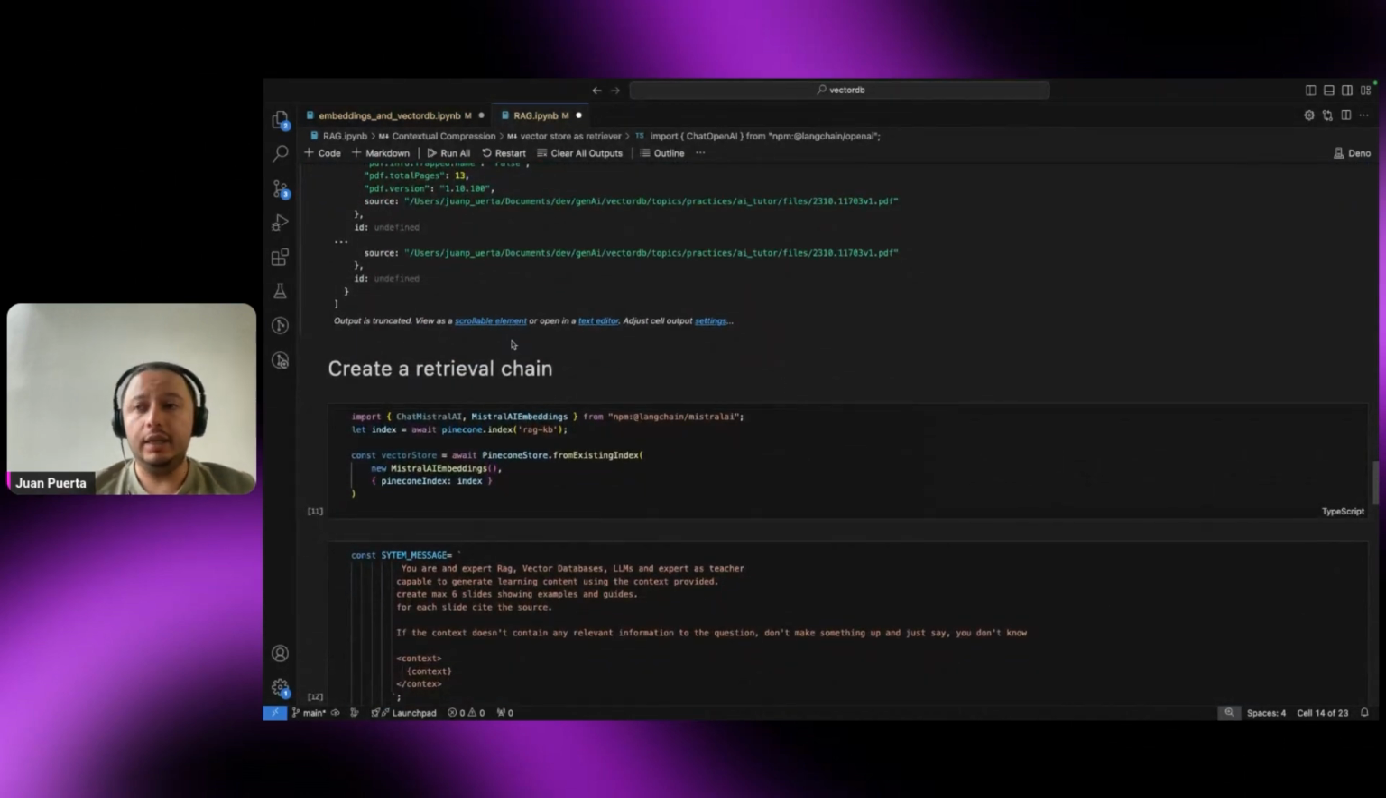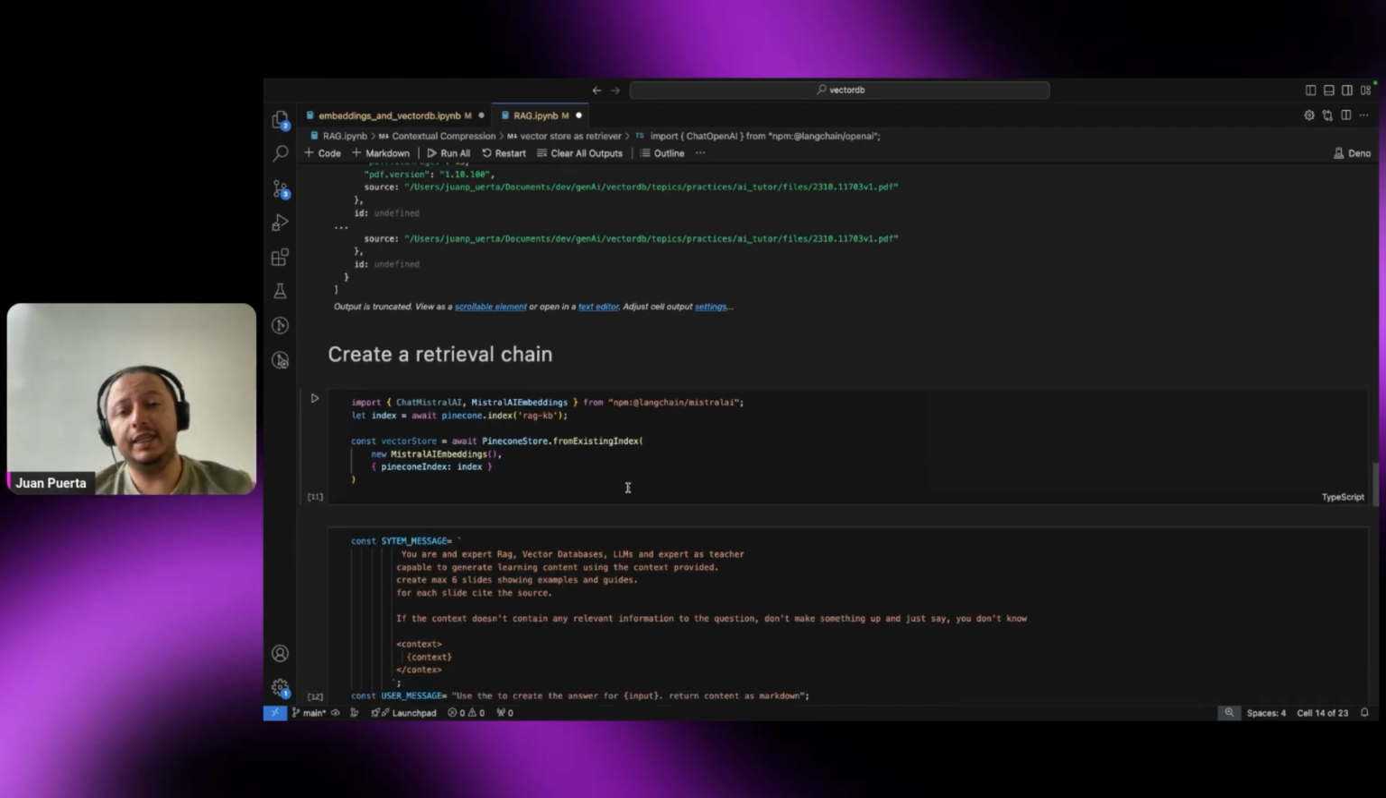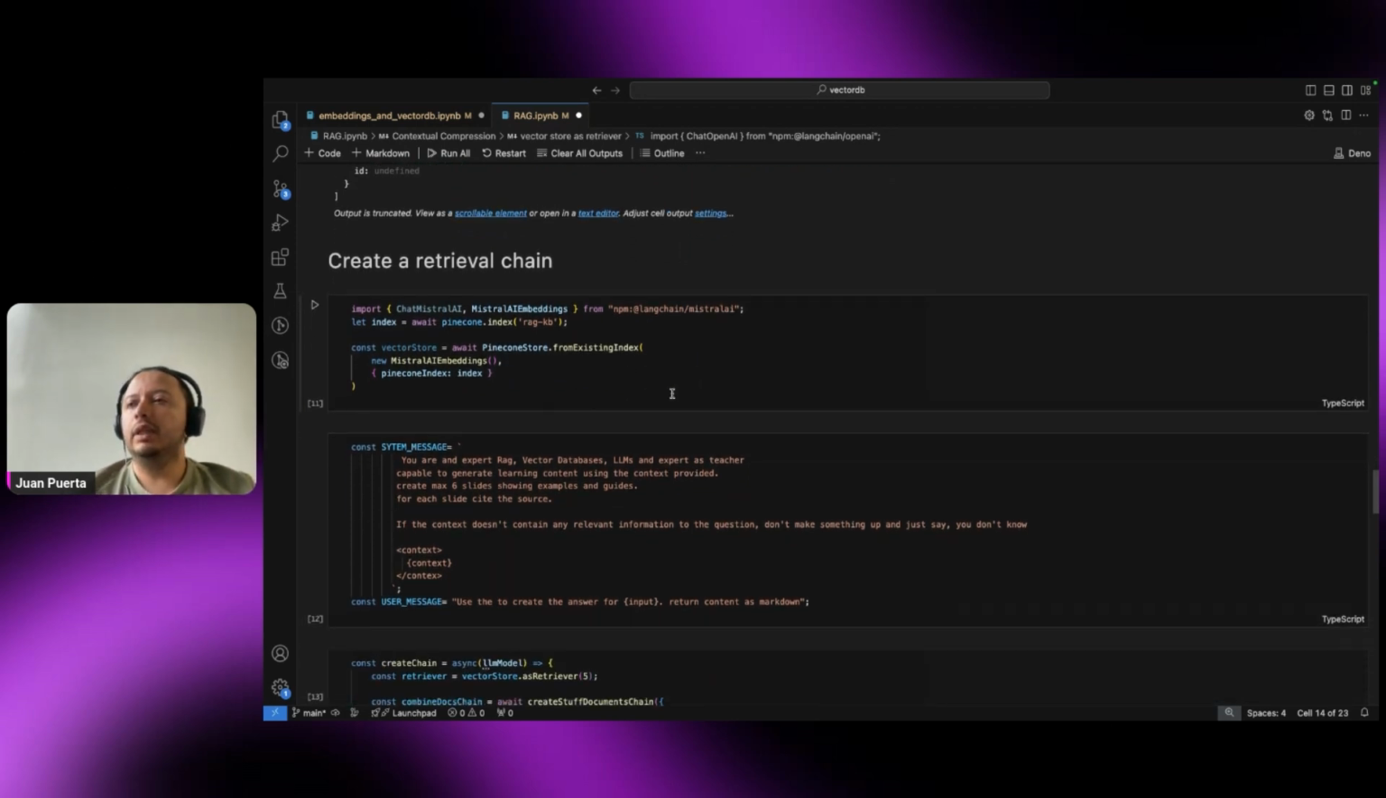Another thing that we can do is create a retrieval chain. In the previous example, we were passing the context manually, but when we use the vector store as retriever, we don't have to pass the content manually. We just define the retriever, and the retriever gets the data for us and sends that data as context to the large language model. So instead of OpenAI, I will use Mistral AI embeddings for this example,